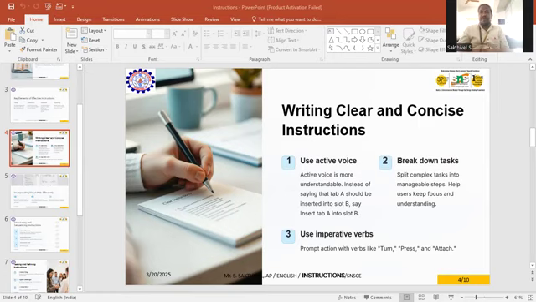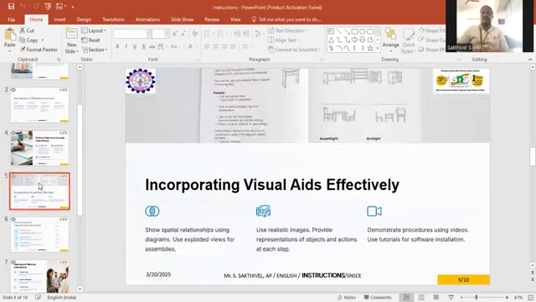So writing clear instructions comes down to three ways: using direct active voice, breaking a very complex task into simple steps, and last, using imperative verbs. Okay. And the next thing is